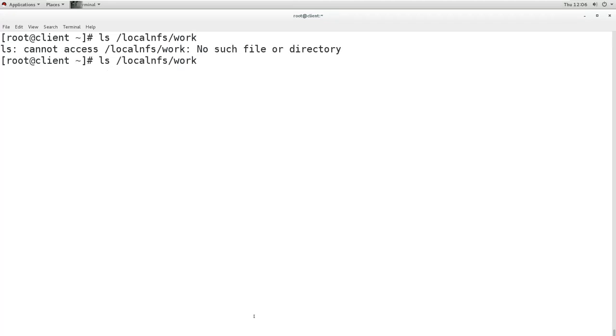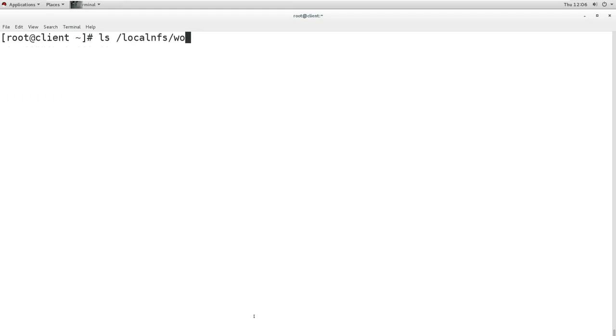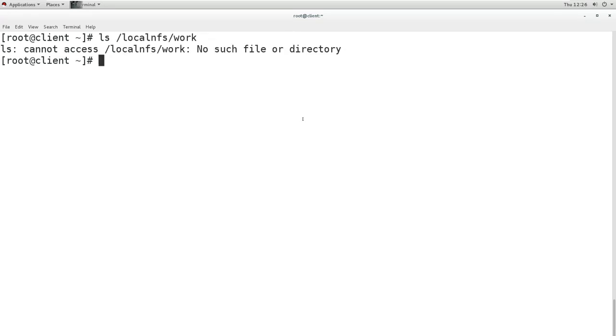It is saying no such file or directory. Till now it is not mounted. We got an error here. It says no such file or directory.